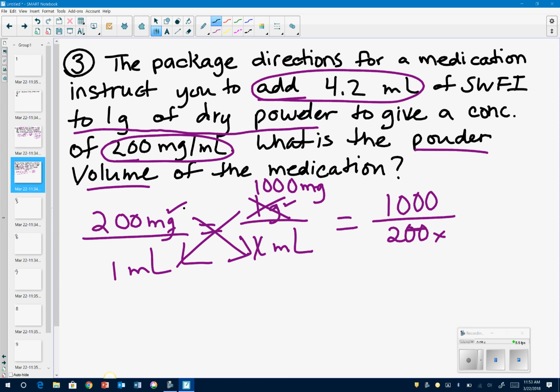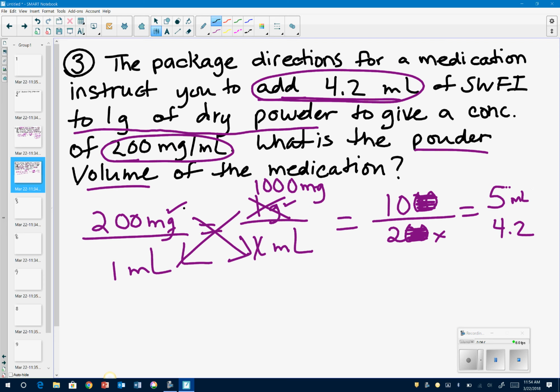Okay, you can take out your zeros to make the calculations easier. 2 zeros on top, 2 zeros on bottom. So 10, of course, divided by 2 would equal 5. Okay, so our total is 5 milliliters. We're going to subtract from that 4.2